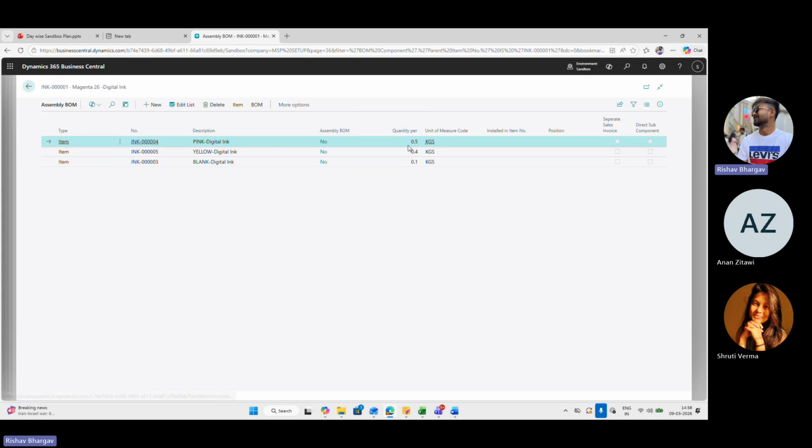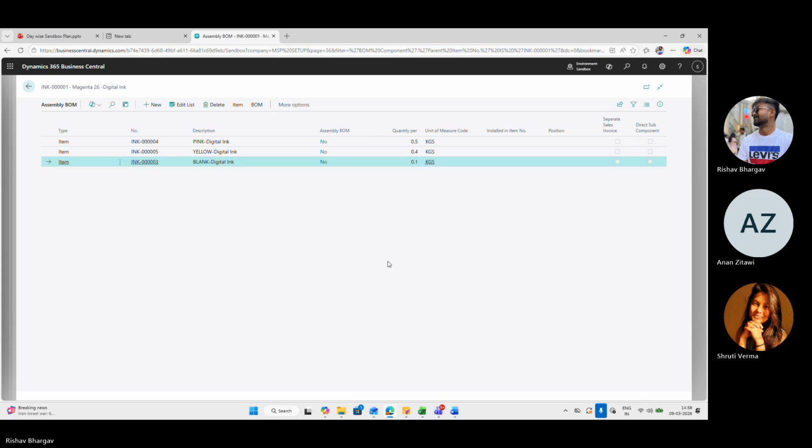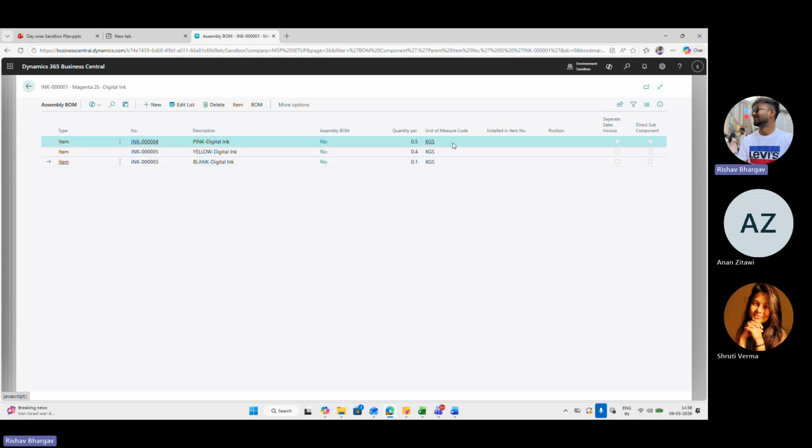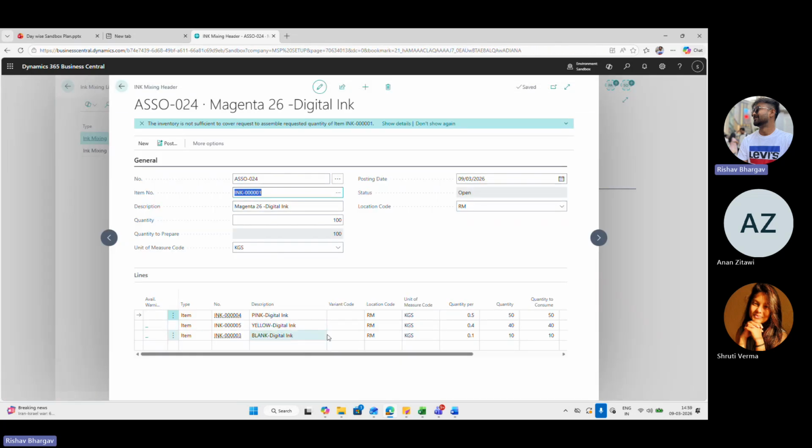The quantity per is 0.5, 0.4, 0.1 in kgs. So here we are defining the quantity per, and because of it, it appears in this line. From filling the quantity you want to make, if you want to make 50 quantity, it will calculate as per the quantity we have defined in the assembly BOM. Okay, sir.